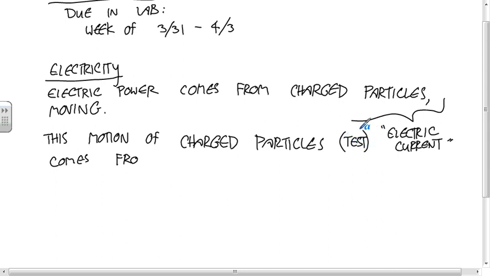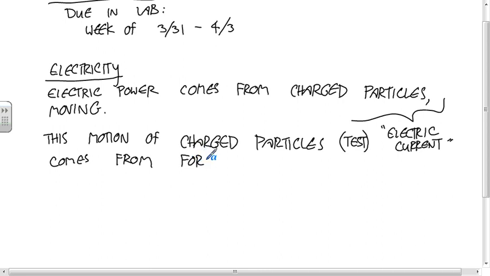Remember, the test charges I mentioned last time are your chosen objects. So if you did a free body diagram, you'd do a free body diagram of the test charge. And the motion of these test charges comes from